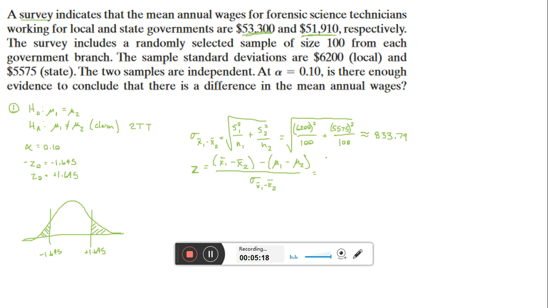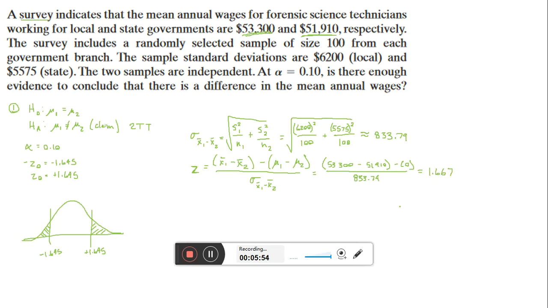X bar sub 1 is 53,300 minus 51,900. And mu 1 minus mu 2 gives me 0. Remember, because of the null hypothesis, we are assuming them to be equal, so a number minus itself gives me 0. And I'm going to use my 833.79 from above. Plug that into your calculation device, and you should get approximately